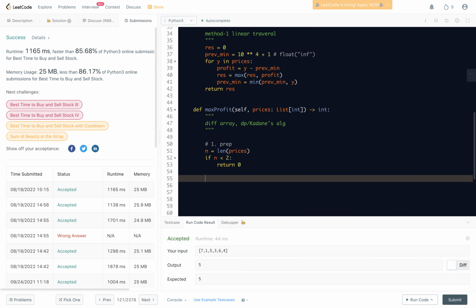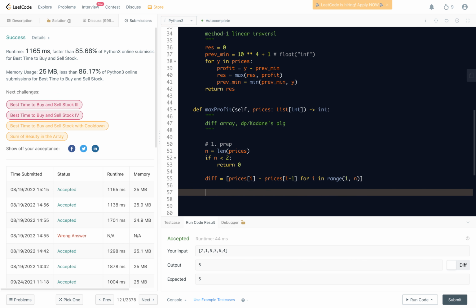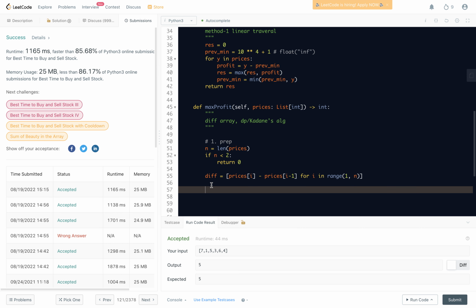Next, we're going to consider the generic case. For this, we're going to introduce the difference variable, that is, prices[i] minus prices[i minus 1] for i in range 1 to n. As we get this difference array, we can write a helper function to do the Kadane algorithm, or DP, to find the maximal subarray sum, which corresponds to a transaction profit. For this, let me write a helper function